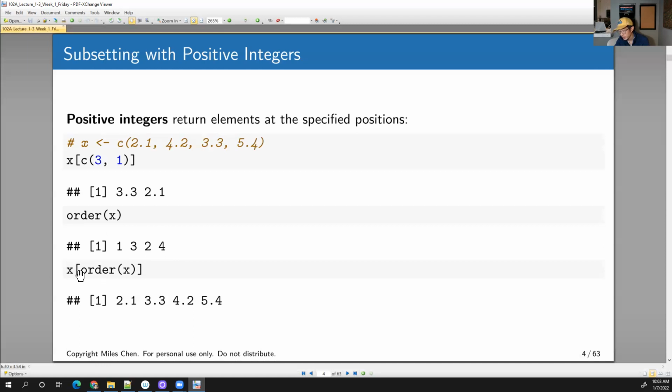And if I subset X using order X, indeed it puts it in order from least to greatest. So order is not sort, okay? Sort would return this, okay? Return 2.1, 3.3, 4.2, and 5.4. Order tells us